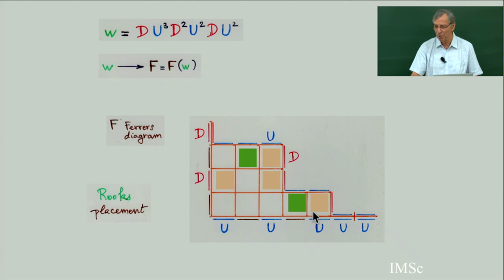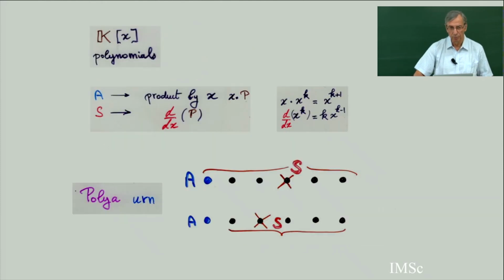So maybe this gives you a rigorous, visual proof of the Wick theorem: a pairing is just the green point, and all possible green points in the rook placement give you all possible words. Because if you delete the green point, the D to the square and the U to the 5 is exactly what you get when you delete the pair UD. This corresponds to a certain pair UD. This corresponds to another pair UD. And you delete them and make the double dot operation, exactly making this word, deleting the row, deleting the column, and taking what happens at the border.